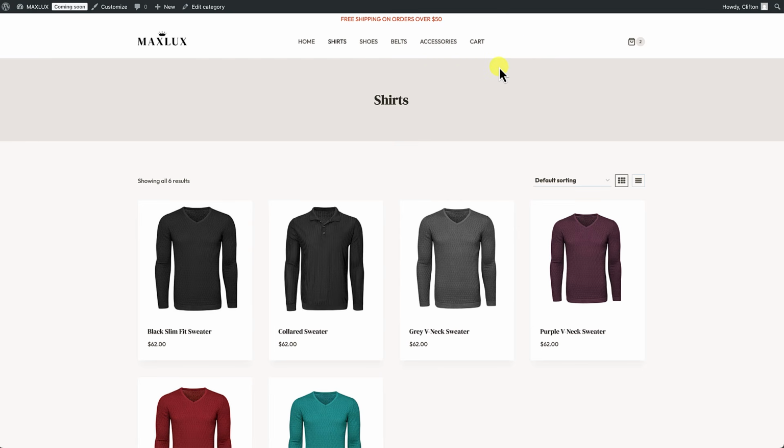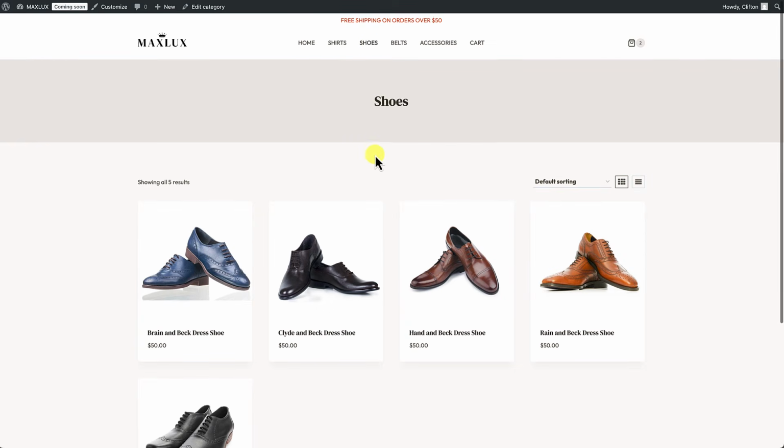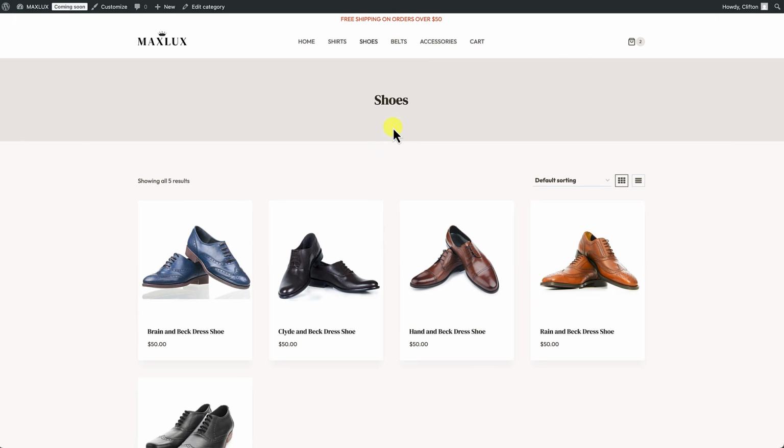And I'll show you how to configure your archive pages so that everything looks uniform with the home page, because this looks a lot nicer, a lot more modern. Let me come over here. It looks a little bit more plain. And we're going to style this up really nicely and then move on to integrating our products into the home